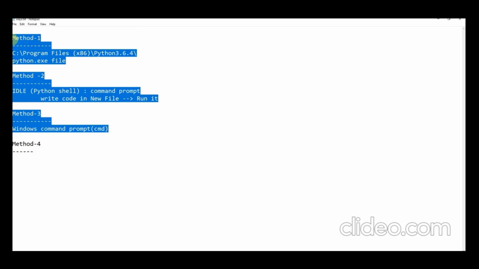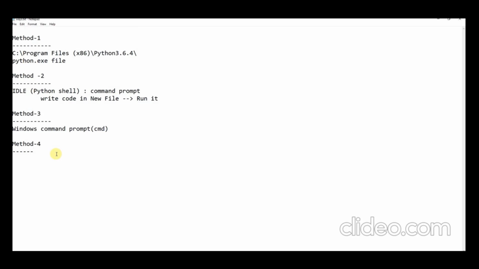Now I'm going to show you how we can write the code in Notepad++ or Edit++. Any editor is fine. Let's say Notepad++, there is an editor called Notepad++, or Edit++. We have Edit+2, right? This is an editor where we can write anything. These two are open source. So we can write our Python code in either one of these editors, and we can execute that code through the command prompt again. Now let me show you how we can do that. So here I have a Notepad++ tool. Let me just open this.